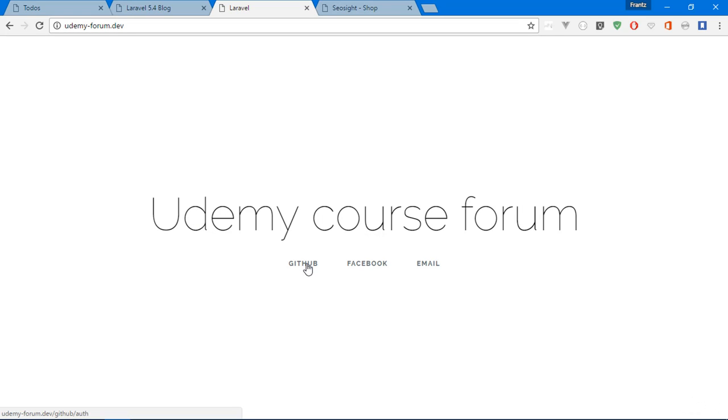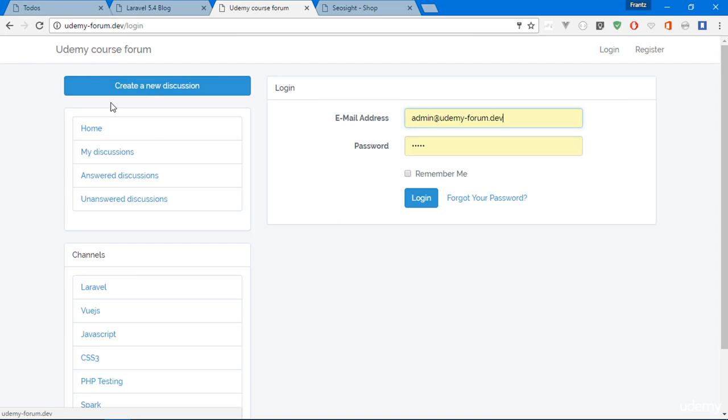So right here you see I can log in with my GitHub, and even though the Facebook is not implemented in this case, the code that I'm going to be teaching you is going to be code that you can use to implement whatever social network you want to implement in less than 100 seconds. So you just need to go to the social network, create a new app, and you put in your details in the app, and you're done. Okay, I'm going to be teaching you that. So let me go ahead and log in right here with my email.